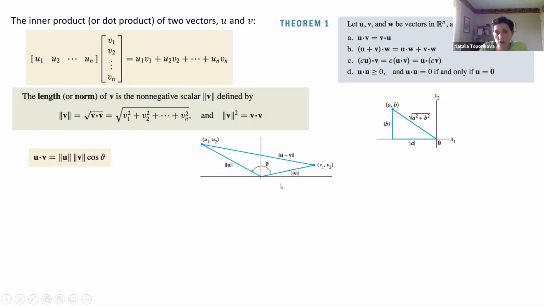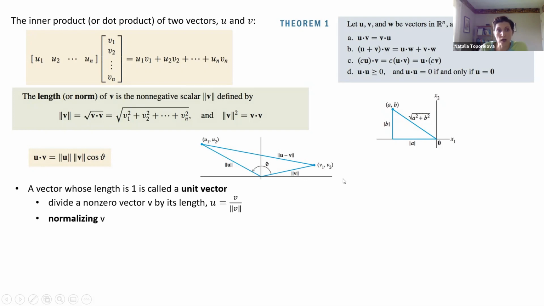And in two-dimensional space, it's really nice to prove it. You can just start with the cosine and vectors u1, u2, and v1, v2. It's in the textbook, and I strongly recommend you go through this proof. It's really nice and neat. Okay, so now that we can measure a vector, we can actually change the length of any vector to be